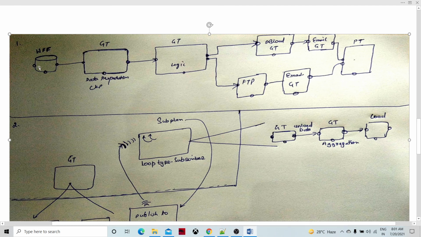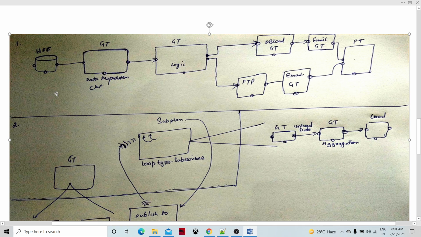There are connection points, right? The bottom connection point is the failure connection point, so this is going to be a failure. On failure, we can connect this connection point to another graph task, plan task, or any other task from the task list, and we can manage that failure.